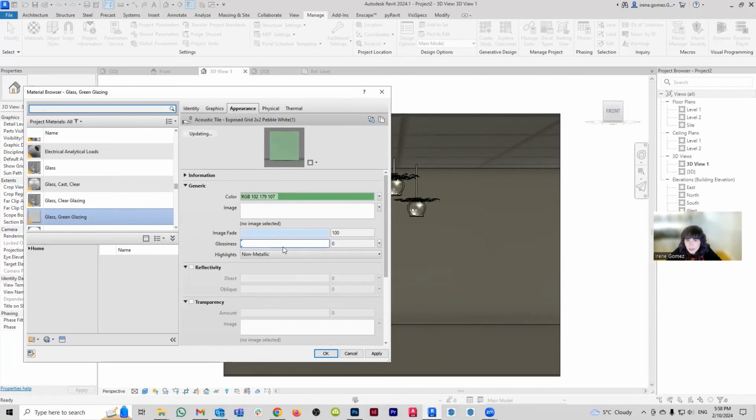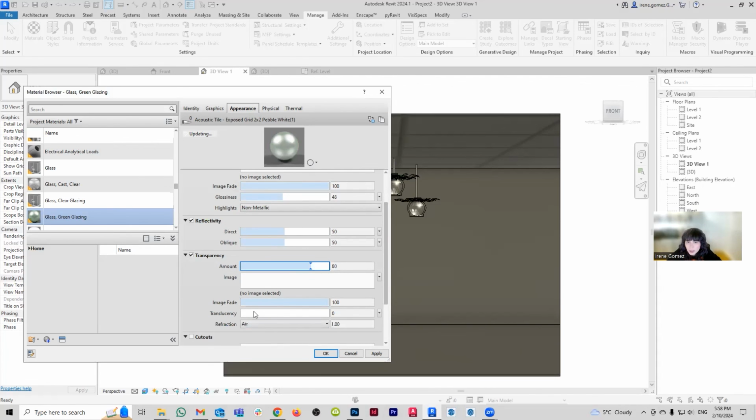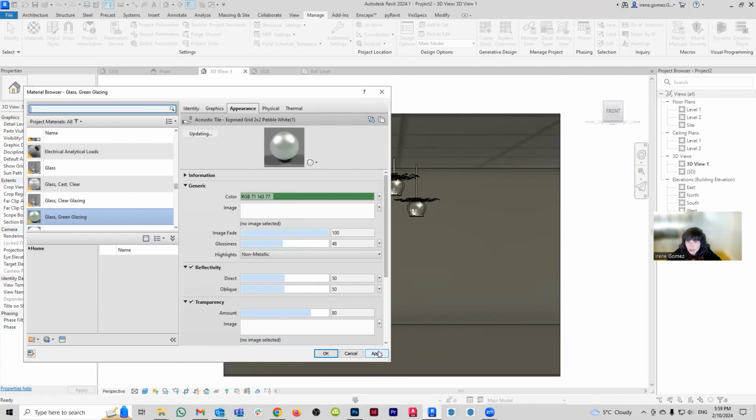So let's say it's going to be something like this, and it's going to have a decent amount of glossiness, reflectivity, and then transparency. I'm going to come here and make this guy a sphere again, just because it's easier to preview it that way. And for my transparency, I am going to make it quite transparent, and also, well, maybe less transparent and more the refraction of glass and a little bit of translucency. Okay, so that's looking better already. I'm going to make it a little bit darker. That's looking a little bit more like what we had in the reference image.